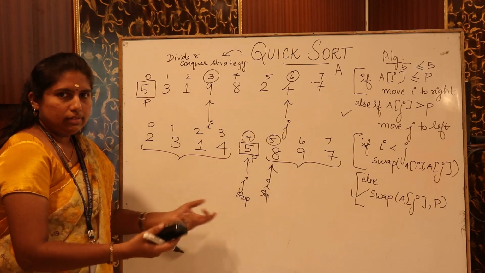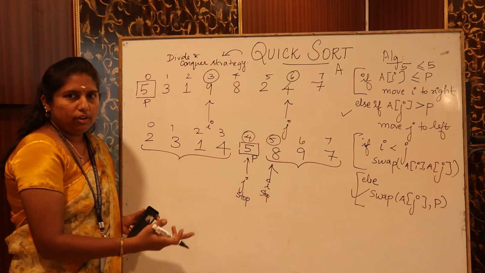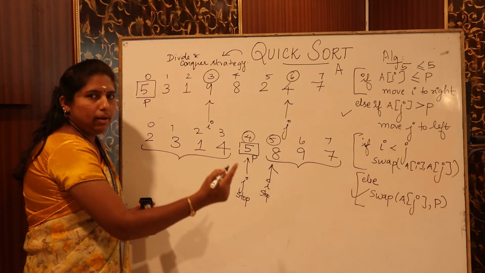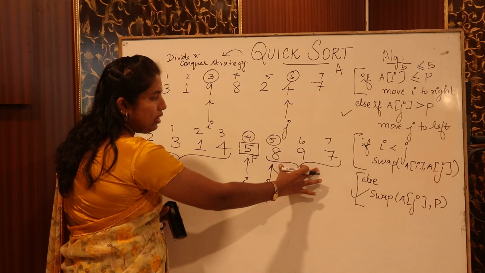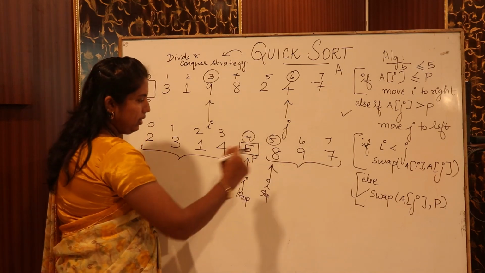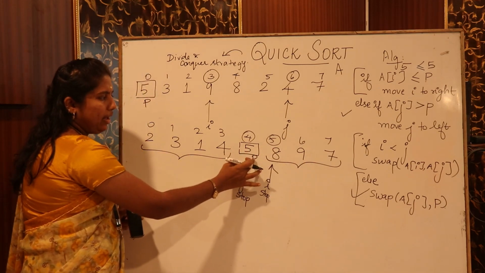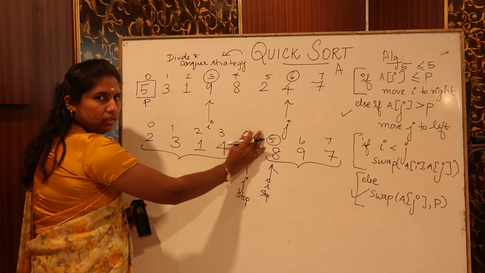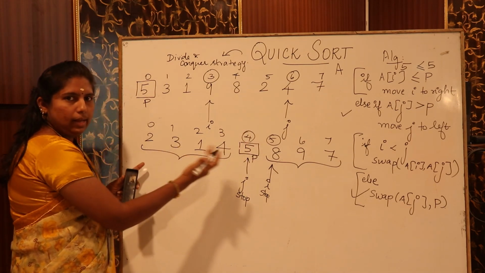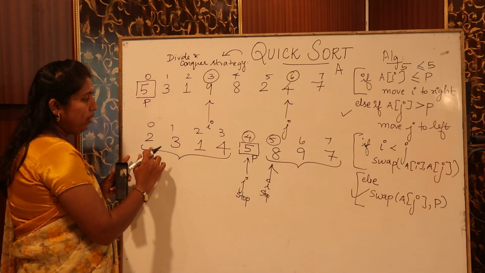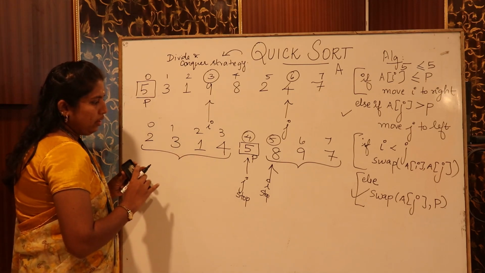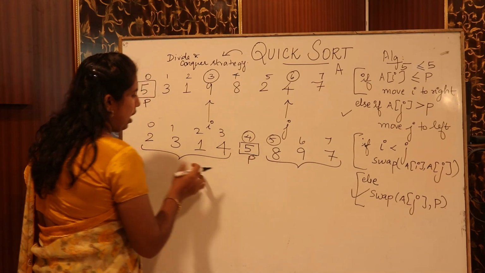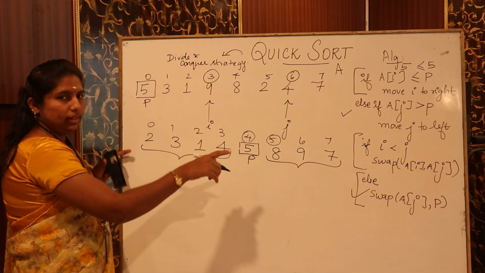So what's our next step? Again we will be applying the divide and conquer strategy to the elements lesser than the pivot element, and again we are applying the divide and conquer strategy to the elements greater than the pivot element. So the pivot element has come to its appropriate position, which is nothing but the fourth index. So we'll stop with this one, and now we'll move on to the elements lesser than the pivot element. So we have totally 4 elements here. Again we'll be recursively applying this algorithm.